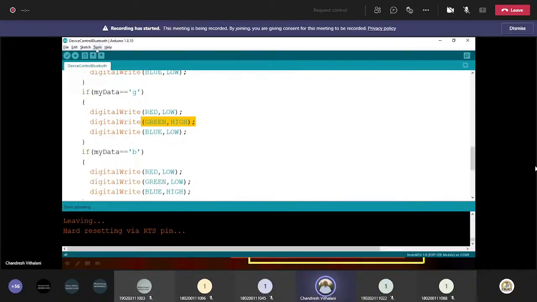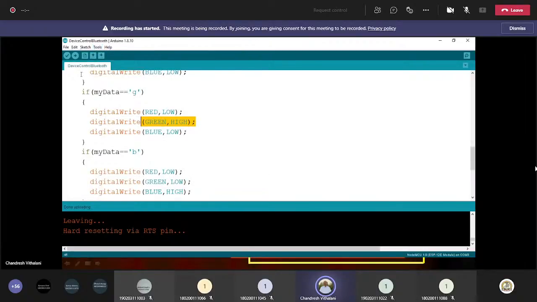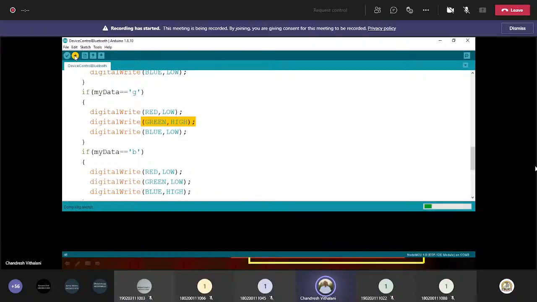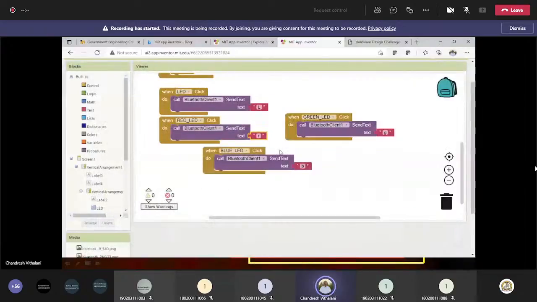I will upload this program into the Node MCU. So COM3 is where Node MCU is connected, and then I will just click on this upload button. Okay.